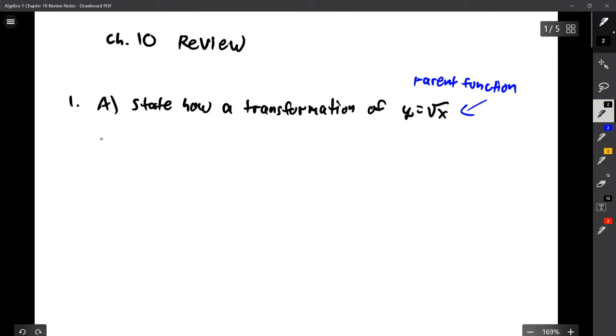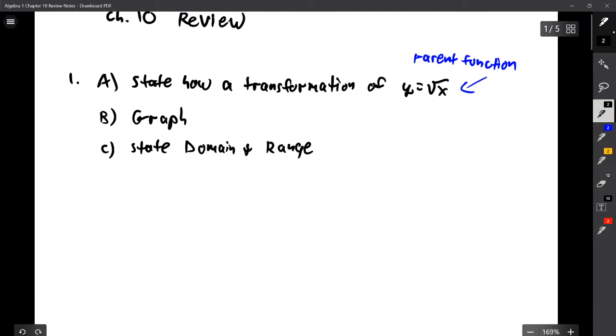And then part B, we want to graph it. And then part C, we want to state the domain and range. And here's the equation that we're working with: y equals the square root of x plus 1,